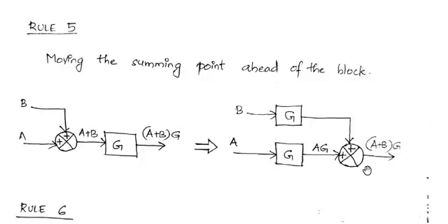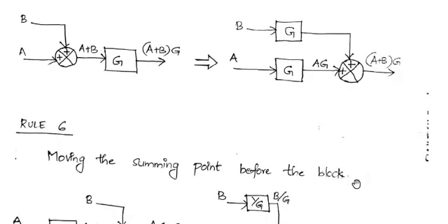So in order to get AG plus BG, in this path we have to place a block with a gain G. Then only here we will get BG. So to the summing point, if we have AG and BG, this summing point will give the output AG plus BG, which is equal to A plus B into G. So if we do this kind of shifting of the summing point, then we have to make this change in the path. Okay,